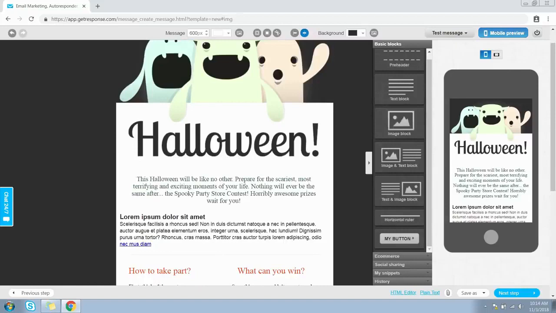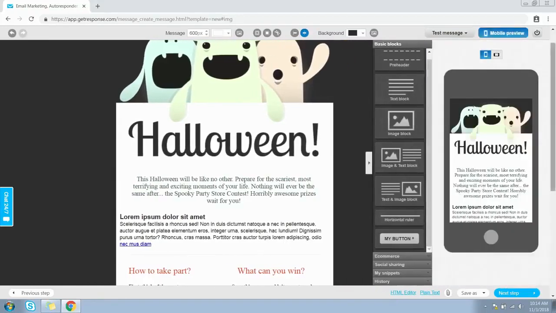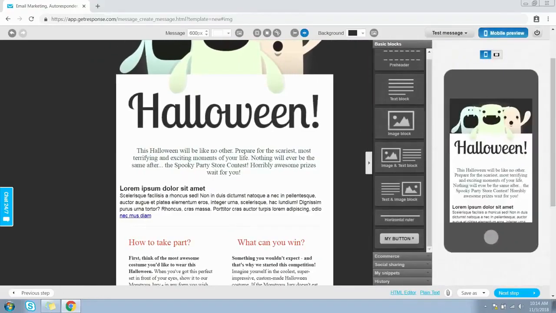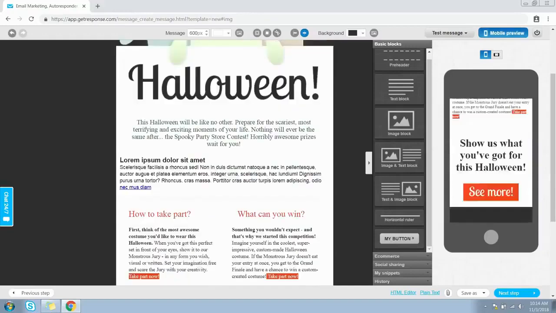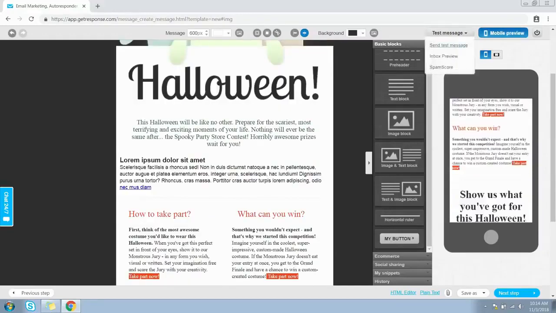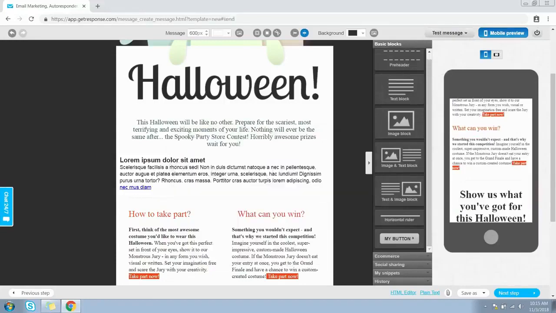You can also view the mobile preview of your newsletter by clicking on this mobile preview button on the top right corner of your screen. You can also send a test message to your email address before you publish it. When you are done, just click the next step button on the bottom right corner of your screen.